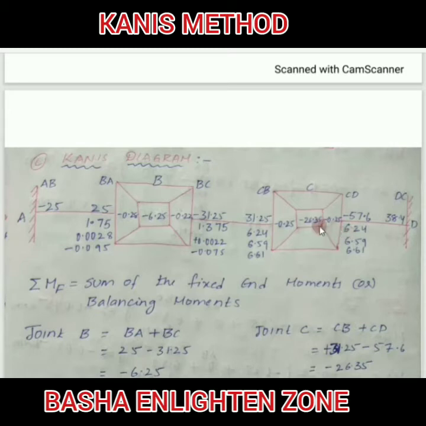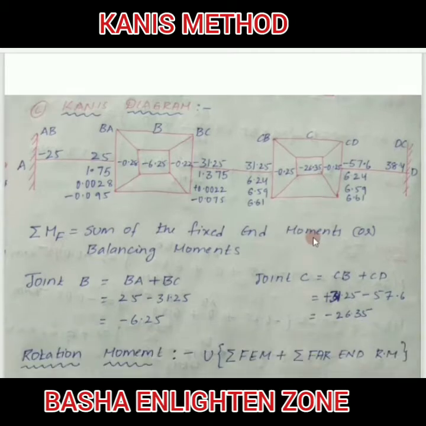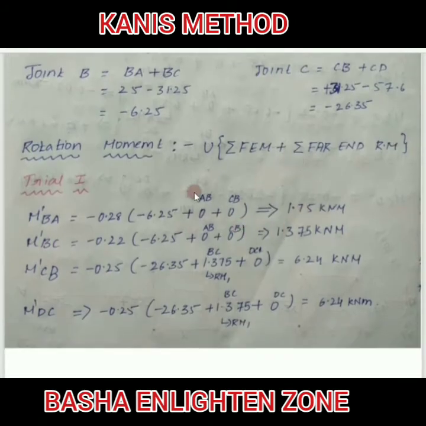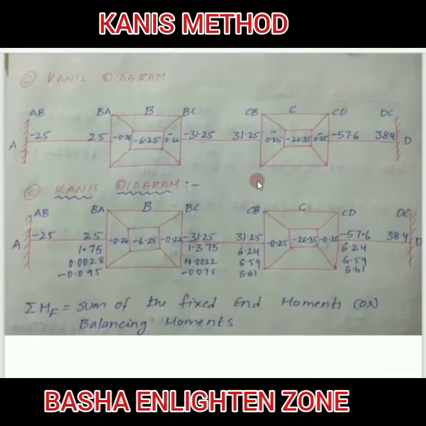Okay, so then go to the problem, then I will clearly show what is the forend and what is the near end. Don't confuse here. So see here in the first step, already U equals minus 0.28 and minus 6.25 will be completed, plus the sum of the forend rotation moments. Friends, there is no chance of confusion here. Why? Because already in each and every step I wrote clearly where you will get 0 and where you will get a value. Sum of the forend rotation moments. So friends, already in the first step itself I told you, going for the first trial, there will be no rotation moment at the BA position.